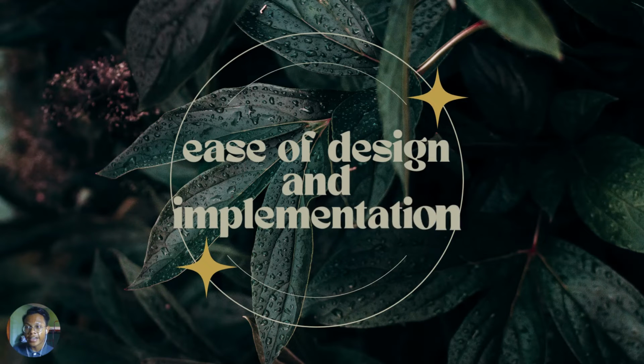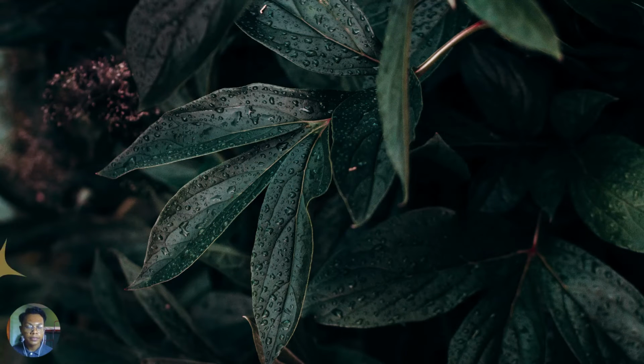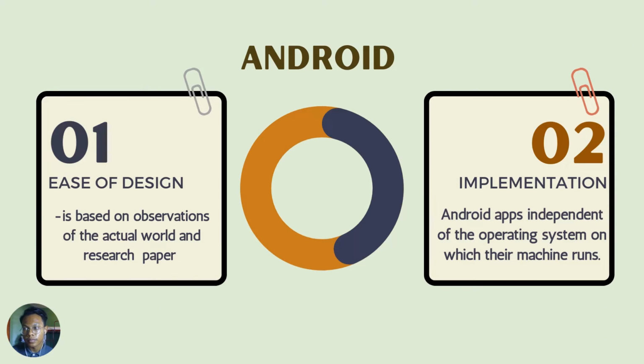Thank you. Next, I would like to share with you guys about ease of design and implementation for both entities today. Material design guides the design rule for Android devices, while human interface guidelines guide design rule for Apple products. Both of these design schemes have their roots in a flat design, but each has developed its own set of principles underlying how the application looks and feels.